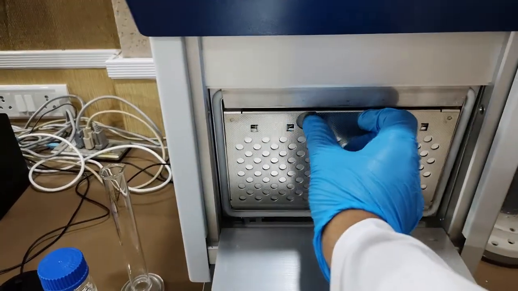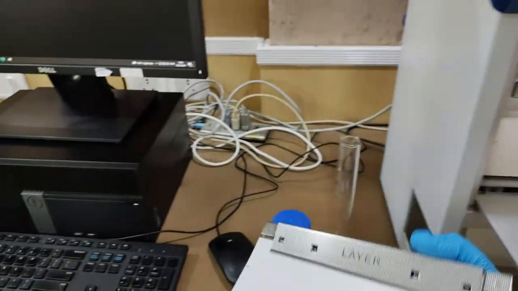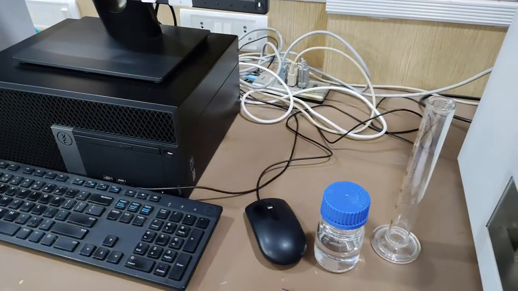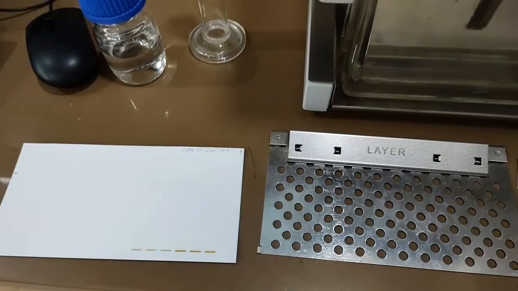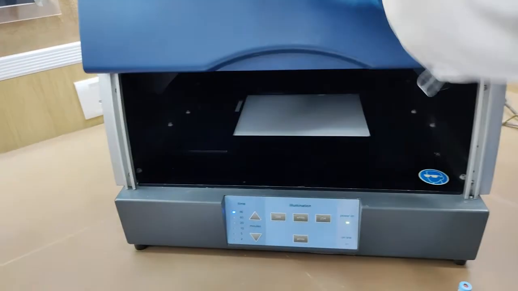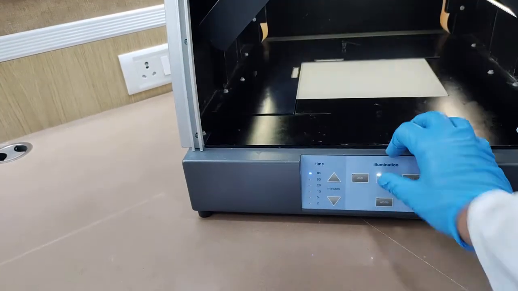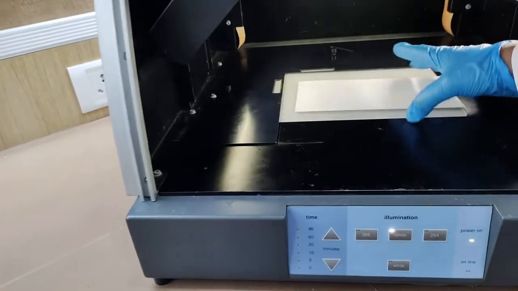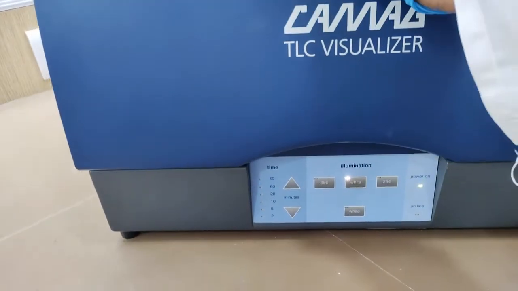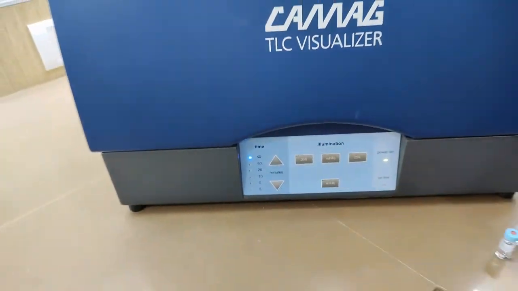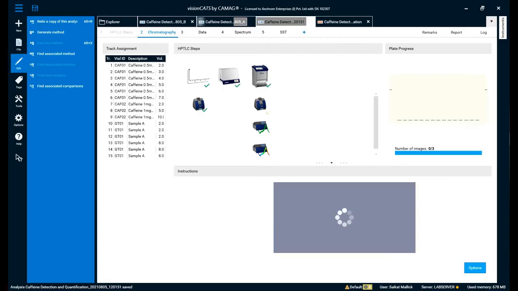Remove the plate. You can observe it in the visualizer. Further, we go for densitometric scanning of the chromatogram.